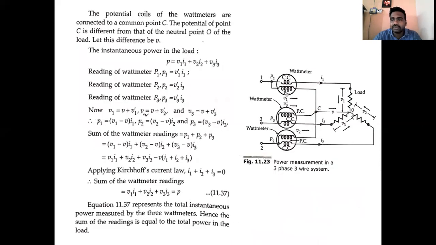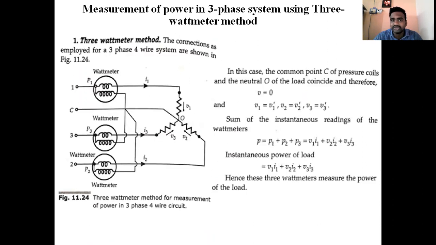And we analyzed the power measurement for a three-phase four-wire system. What we concluded at the end is that with these 3 wattmeters we measure the total instantaneous power, and the power measured with the help of these wattmeters is equal to the sum of power flowing at the load. So that is the conclusion which we analyzed. This conclusion remains the same for other methods also, for measurement of power in a three-phase four-wire system by the 3 wattmeter method.